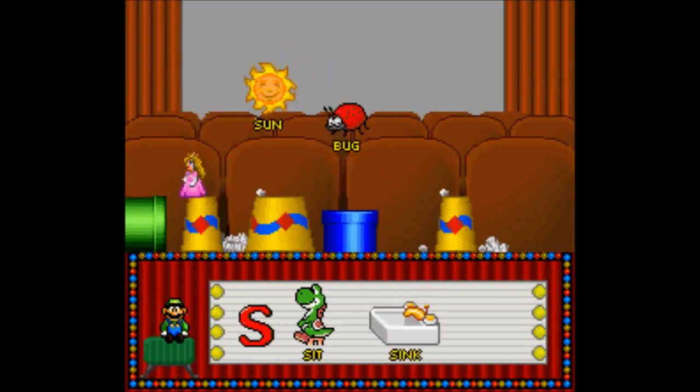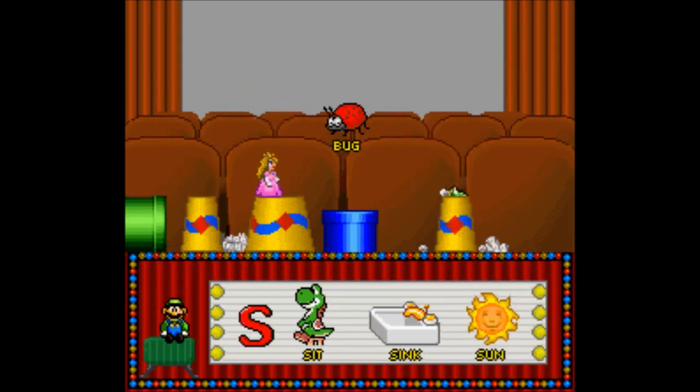You chose think that starts with S. Think. Choose a word that starts with the letter S. Super! You chose sun that starts with S. Sun.